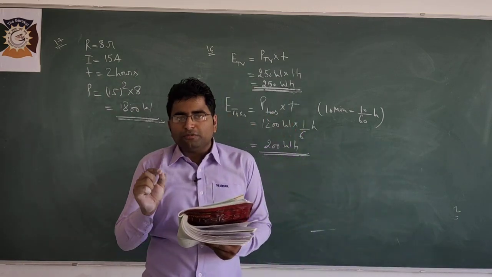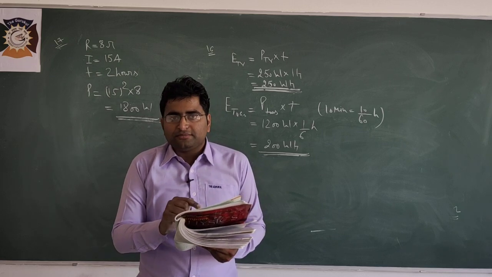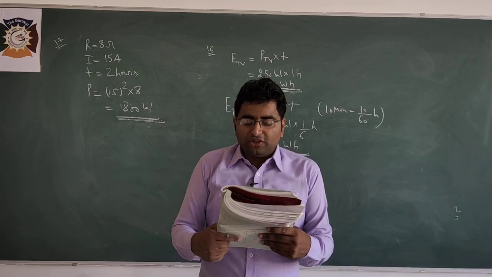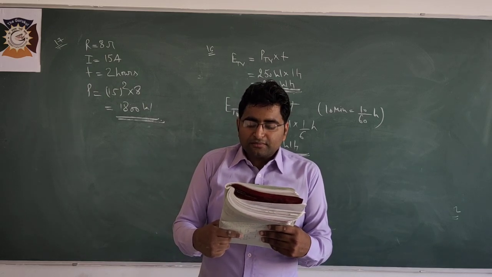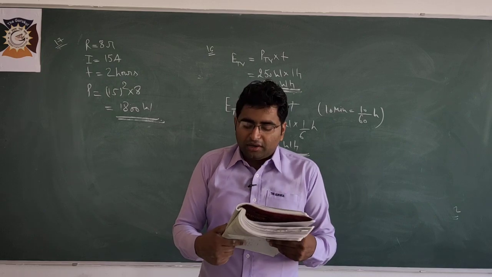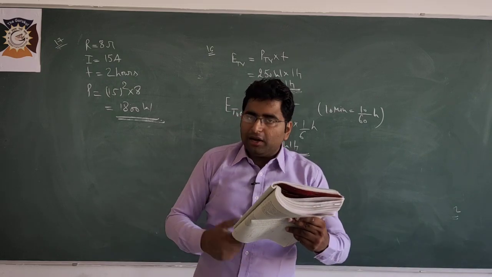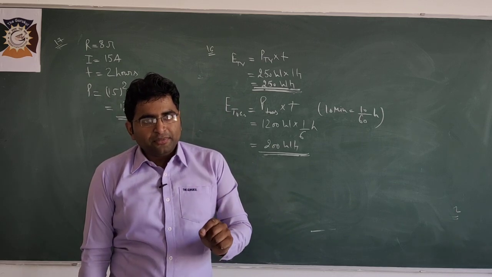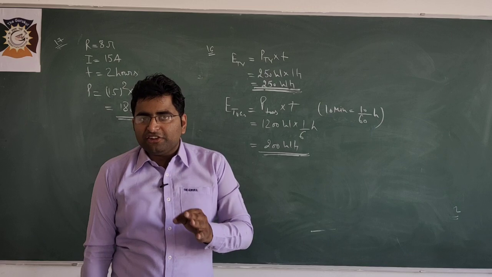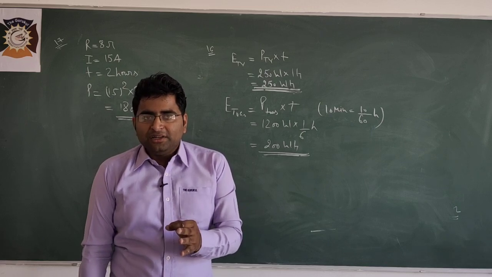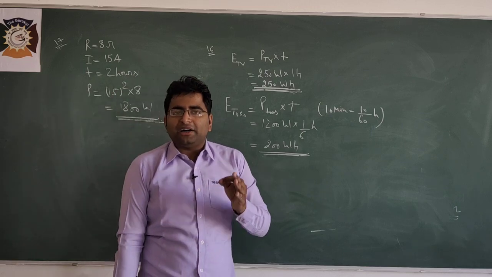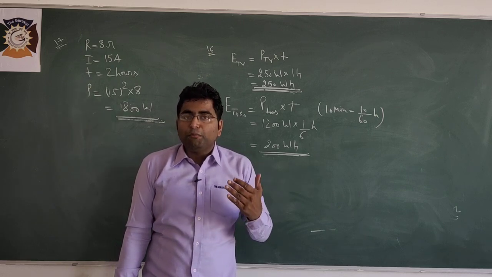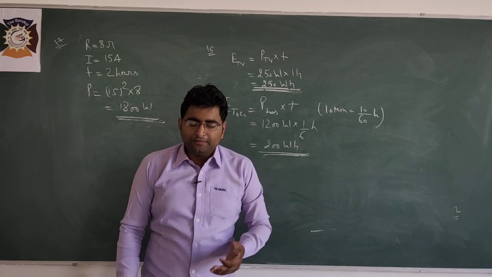Very important question, because many times this question has come in the examination. First, why is tungsten used almost exclusively for the filament of electric lamps? Clear? In an electric bulb, why is tungsten used? Because it has a high melting point and high resistivity in comparison to metals. So students, when current passes across it, due to high resistivity, it will glow, it will give more heating effect. Clear?